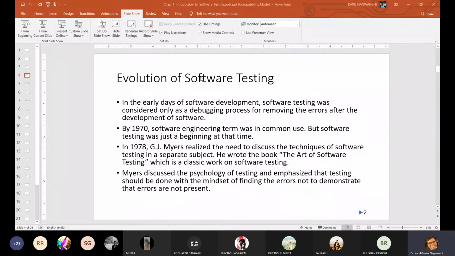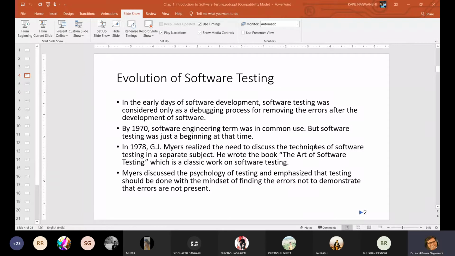Anybody can be a victim of this. So have you pasted their name in the chat box? Sir, I'm doing it right now. Yes, so please paste it in this Teams chat box only. I'm not having my phone this time, so I'm not able to see the phone also.